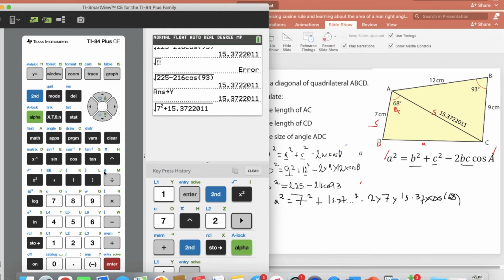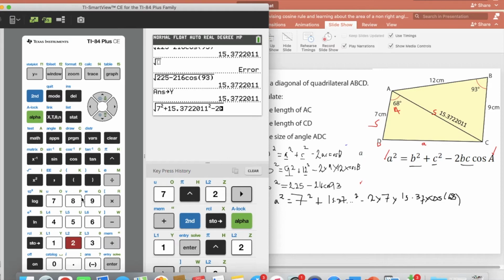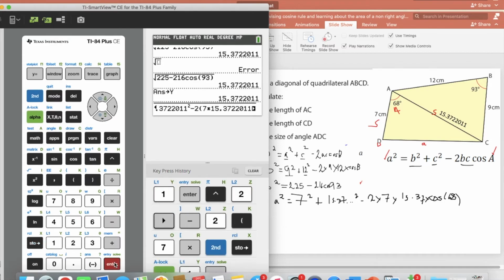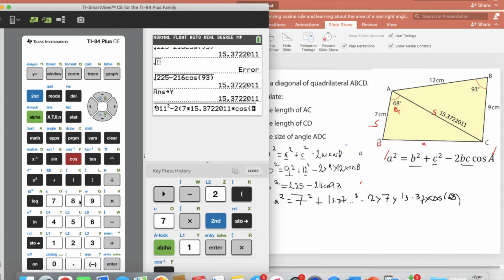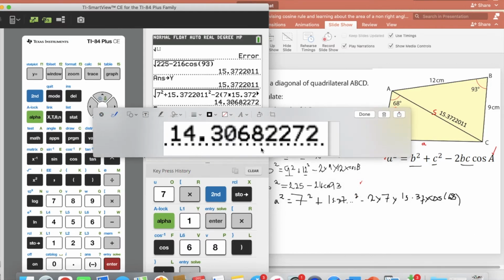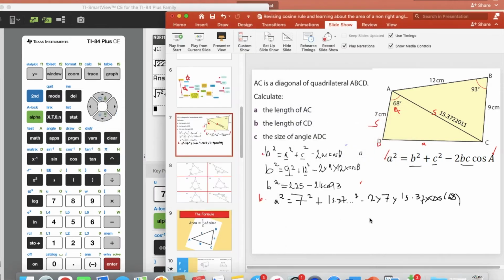We want this number squared, minus 2 lots of, and because we're doing a multitude of things multiplied together, I'm going to put them in brackets. 7 times, again, we want to times it by Y, so we're going to recall it. Second store alpha 1, enter, times by cos of 68. Now when I was doing this problem before doing it on camera, I had made an issue with this, and I'll explain exactly what I did in a moment. So our answer here, lovely. If you type it into the calculator properly, you should get this answer, which is